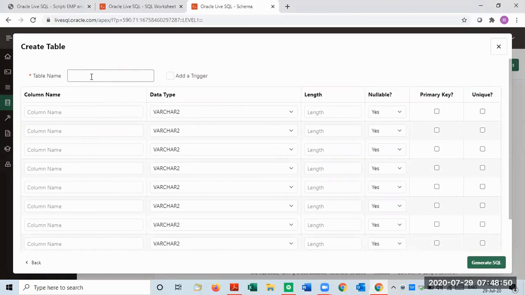Assume my table name is student table name. Stud is my table name. I want to create here columns, roll number